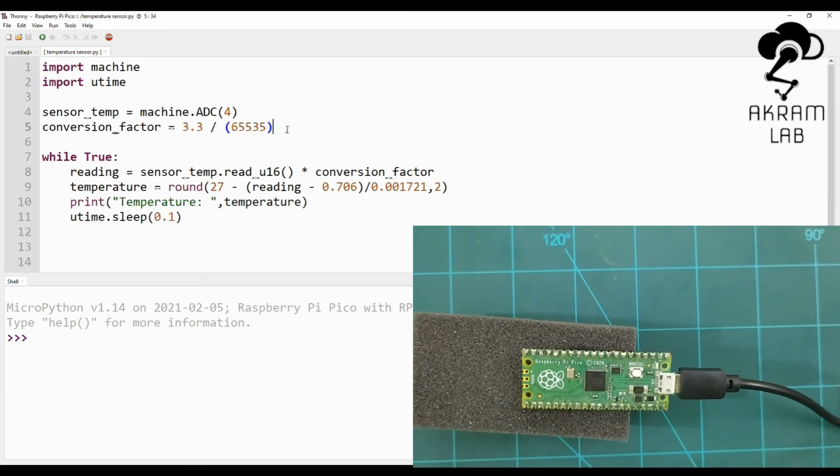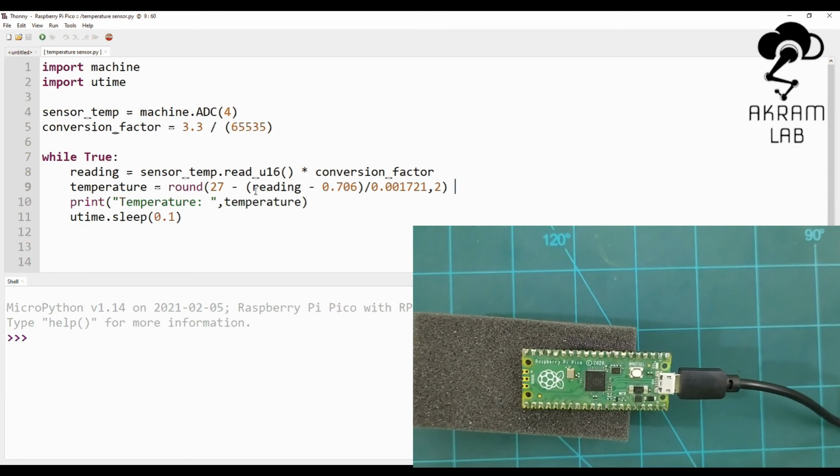As I already mentioned, there is only a 12-bit ADC with the Raspberry Pi Pico, but since you also saw that the analog reading was equivalent to 16 bit, I am converting it with 16 bit here. Then this one is the same, reading the sensor and storing the value in a variable called reading, and then this one converts the reading to the temperature value.